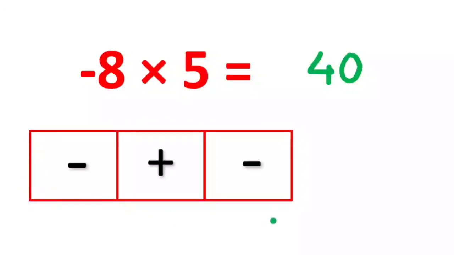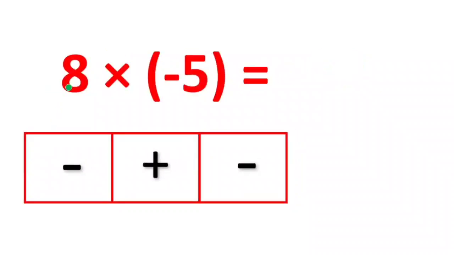Here is the simple solution, this trick: two signs the same give positive, and one negative gives negative. How do we use this trick? We only have to match the sign here. This is a negative sign, and for 5 there is no sign, that means it is a positive sign. What is the remaining one? The remaining one is negative, so we write negative. That is the correct answer using this trick. Look here, negative 8 multiply 5, we get negative 40.